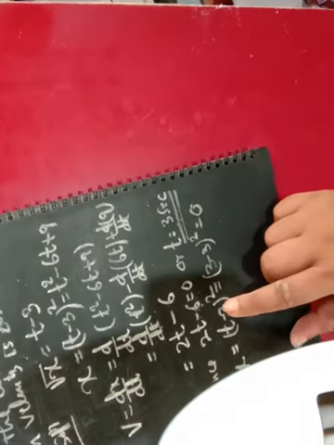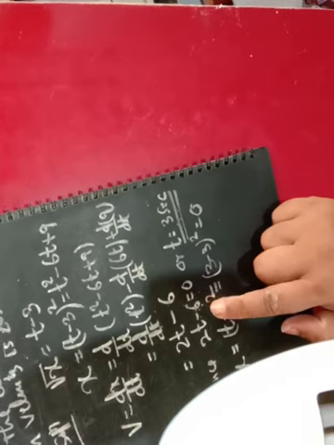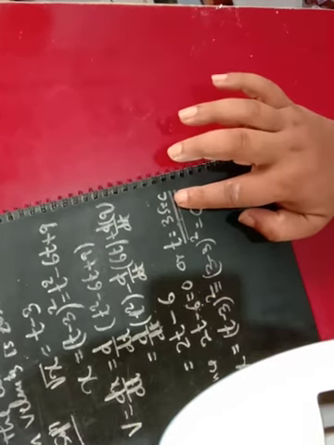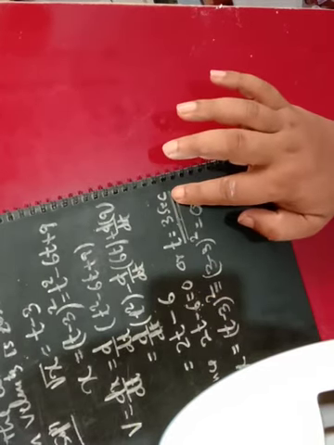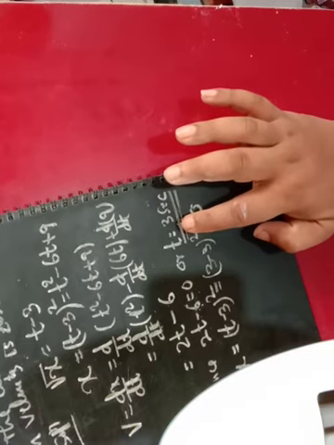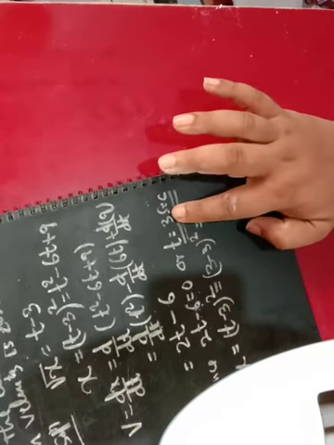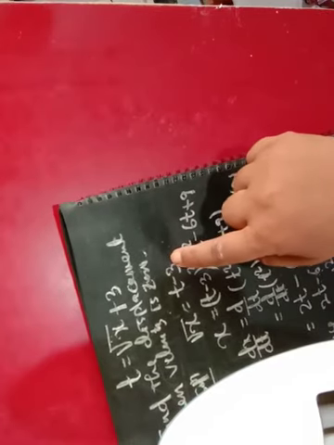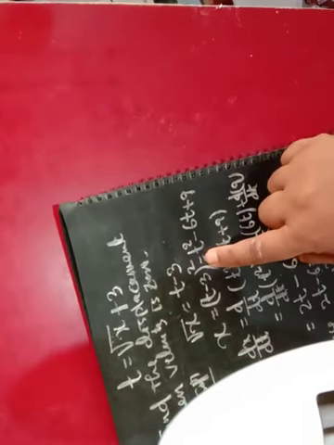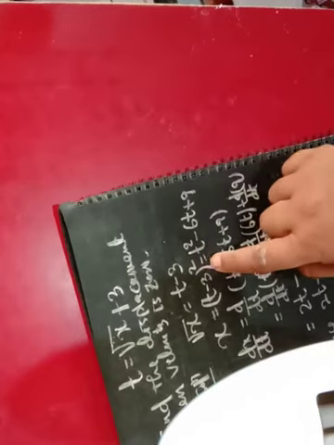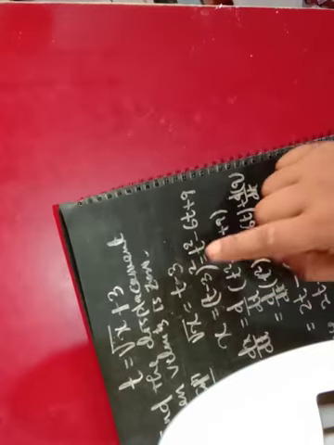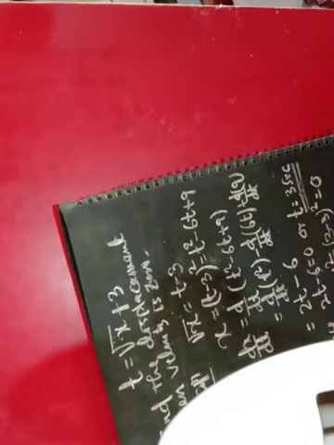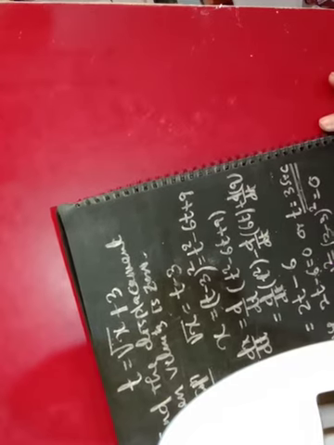This one. t equal to 3 seconds. I calculated t equal to 3 seconds, and I put this value t equal to 3 seconds in the displacement equation. Either you can put it here or you can put it here. No problem. Wherever you want, because this is the displacement equation. Clear?